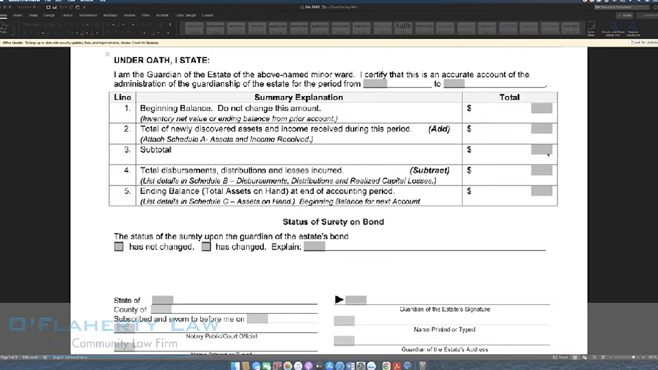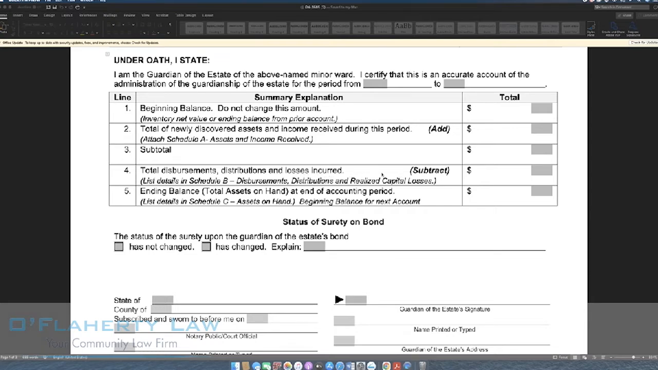Line 3, you'll give a subtotal. So basically everything that's come in. Then line 4, you'll do total disbursements, distributions, and losses incurred. So if you went out and bought school clothes for the minor, that would be a disbursement. If the minor has investments and they didn't do very well over the past year, that would be considered a